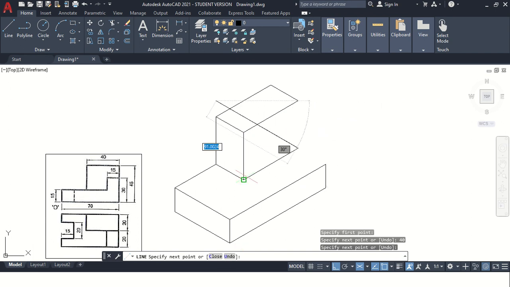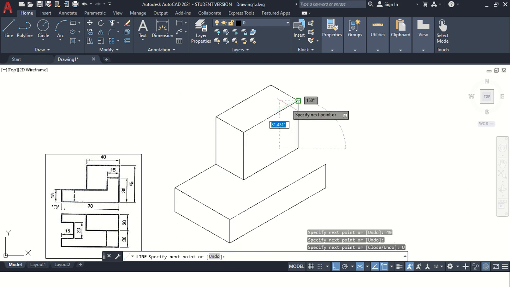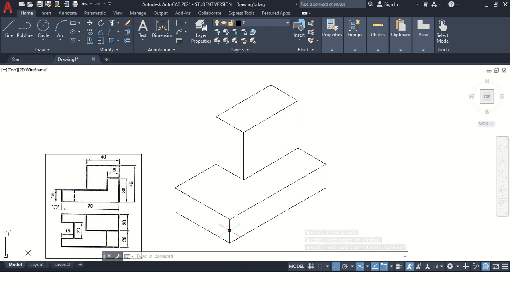Now what happened? We have drawn a wrong line. Now how to fix it? Click here, undo. So it will be redrawn from that line. L enter. From this point, you can merge. So here there is a small portion of 15 millimeter height and a total distance of 30 millimeter.